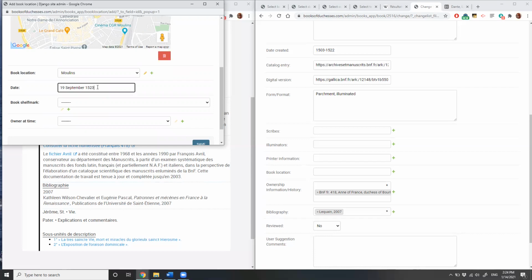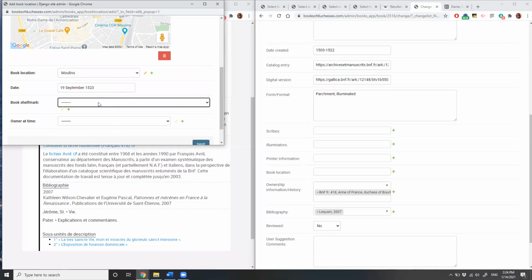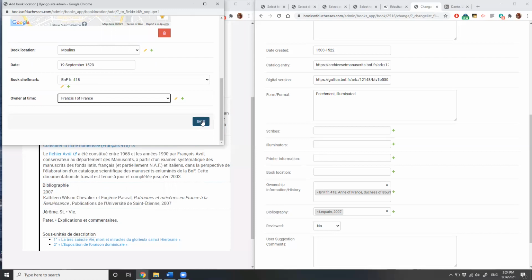Book shelf mark. So this is a drop-down menu, but the easiest way to get to the manuscript you want is simply to type in the shelf mark as you've just entered it. So here, BNF Français 418, and owner at the time, in this case, it was actually Francis I of France. So I hit enter to confirm that that is him. I hit save,